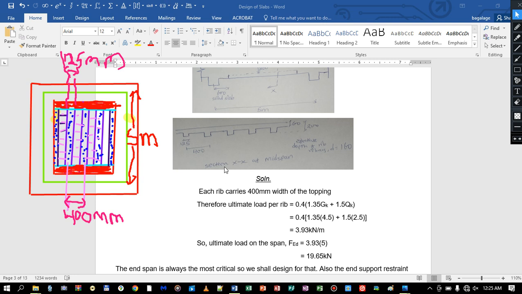Remember the load will be distributed from the top of the slab, from the topping, which is 60 mm thick, to the rib. Speed the load transfer. For example,